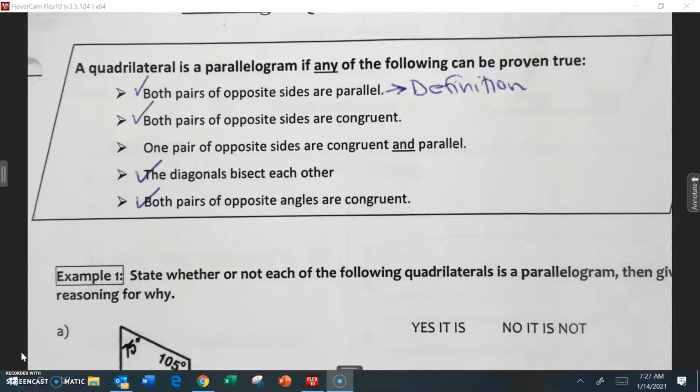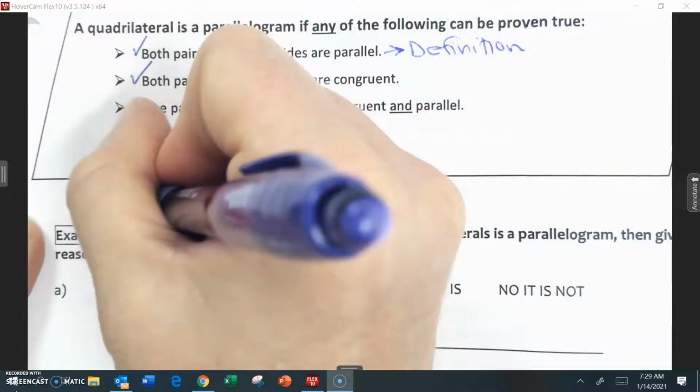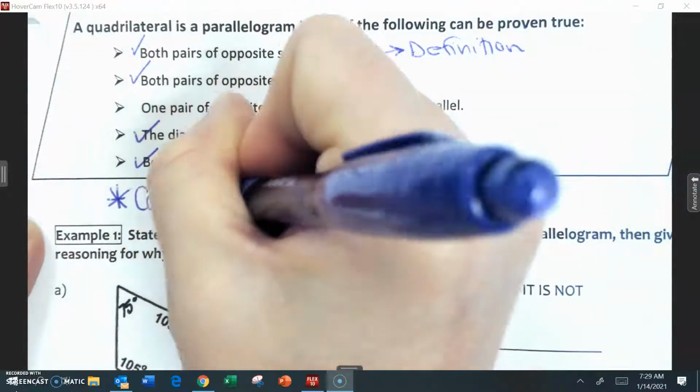Does anybody see which one's missing? Notice there's 4 check marks in all the work you've been doing. There's been 5 properties. Which one's missing? If you don't know, take out your notes. Take out your notes for 7.2. Come on. Anybody know? You acknowledge. So I'm going to put a star right here, and I'm just going to write that you can't use